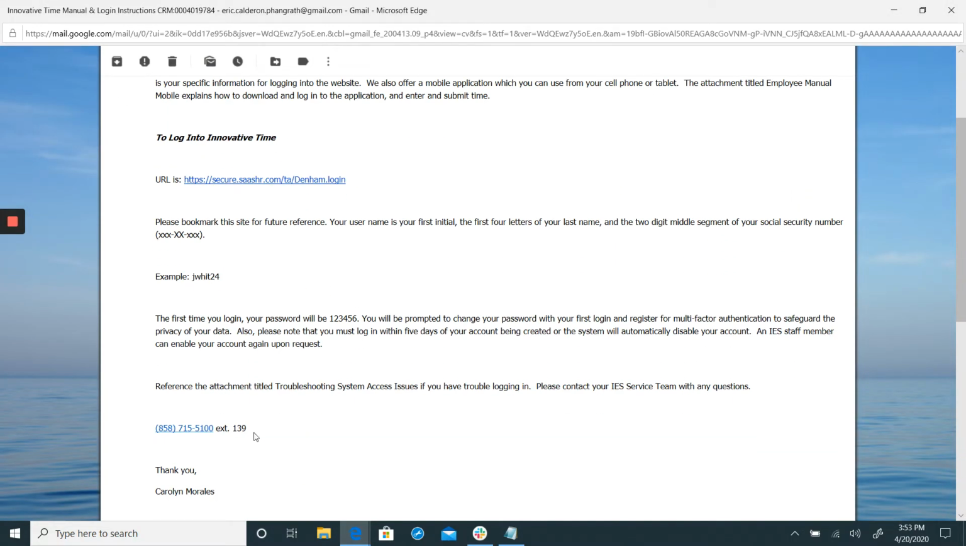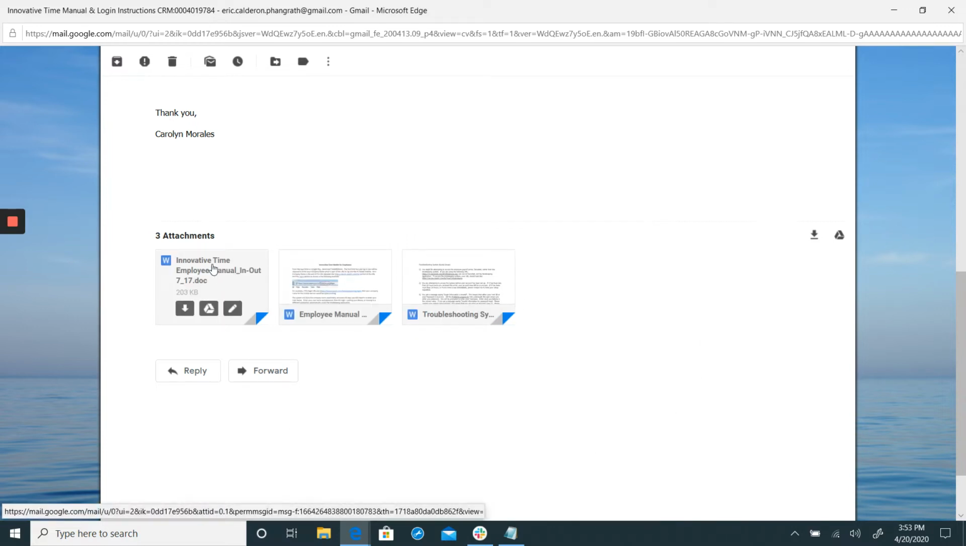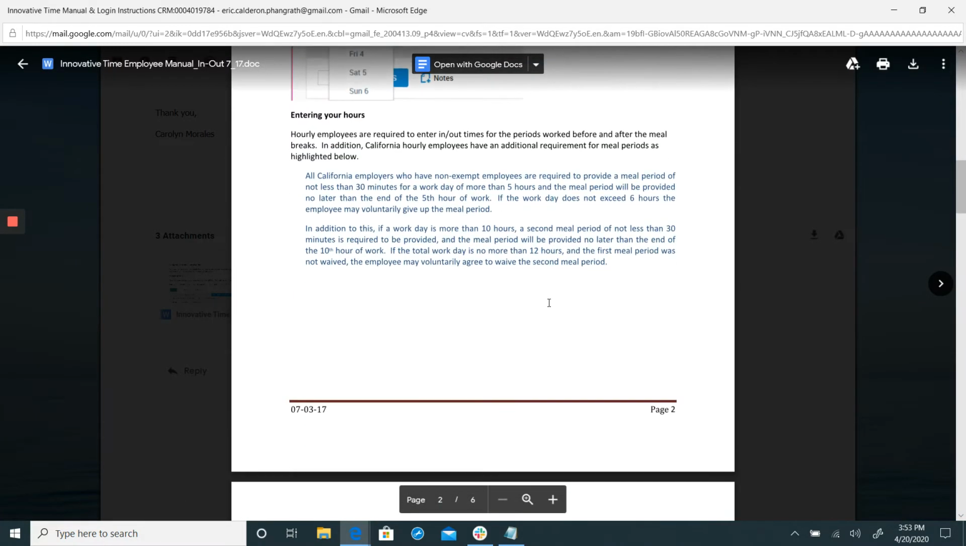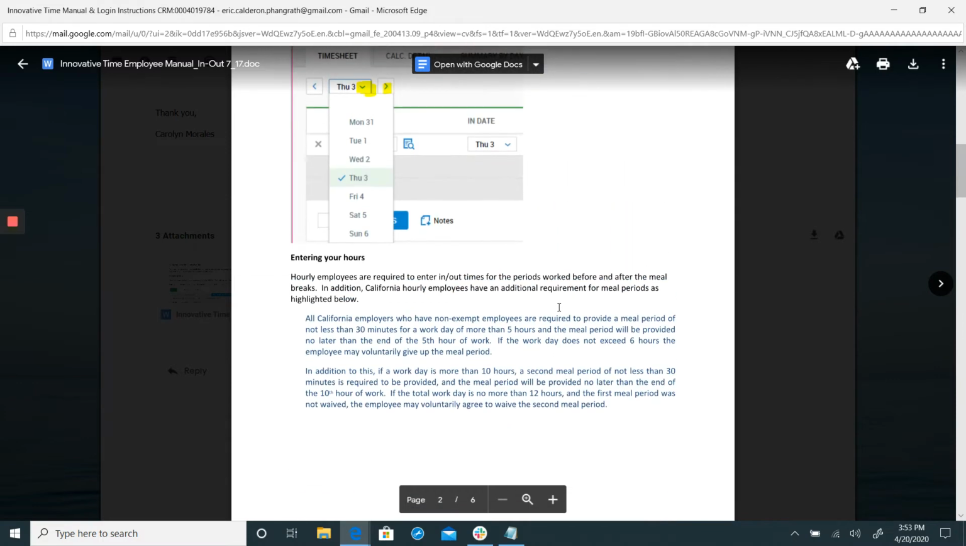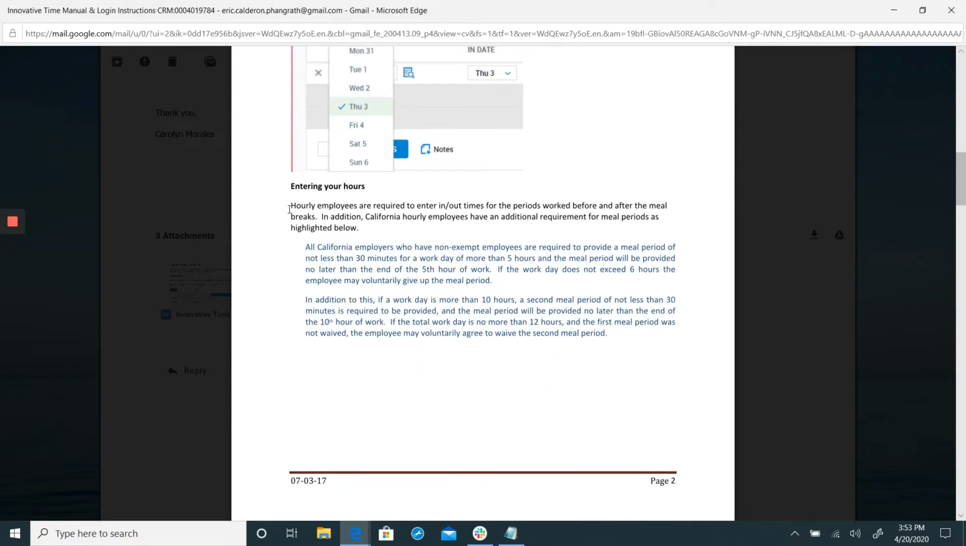Once you've logged in using the generic password that they've given you, that's when you will be able to reset it to your own password. In the email, they're also going to attach some instructions. There's going to be the manual with screenshots of step-by-step how to log your hours. Pay close attention to page 2 of that manual, because though some of you may be working out of California, we will still be following California labor laws,